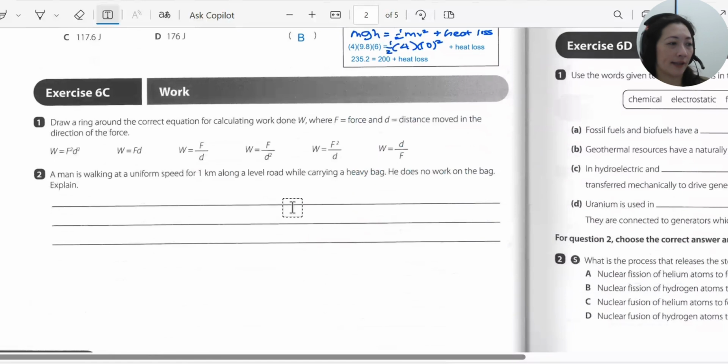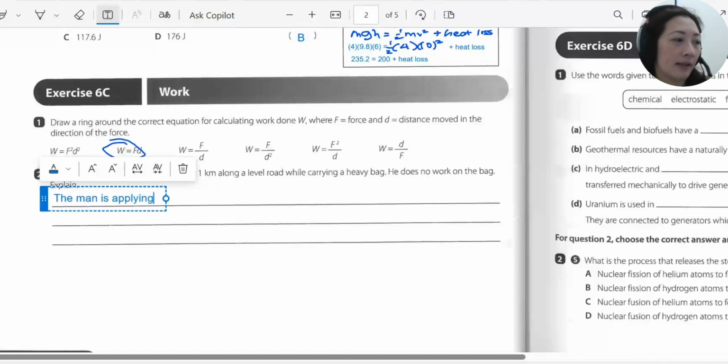Now let's go on to exercise 6C. We need to circle the correct equation. Work is force times distance moved in the direction of the force. That's why the answer, of course, is W equals FD. Explain why a man who's walking at a uniform speed while carrying a heavy bag does no work. Remember I told you all in class, right? You can carry a heavy box and there's no work done. This is because the work done has to be based on the force multiplied by the distance moved in the same direction as the force. So you can explain that